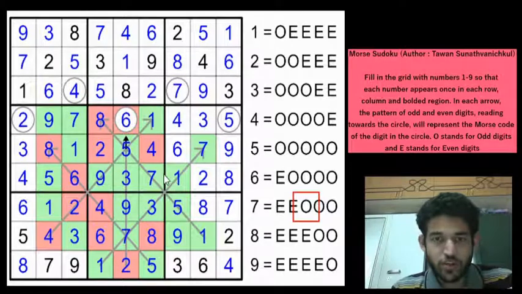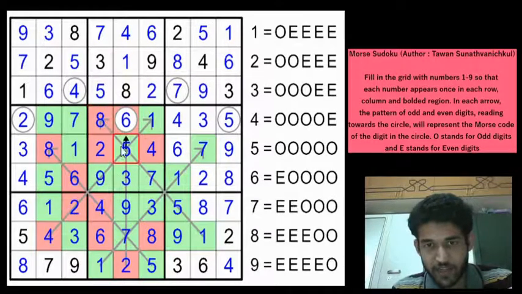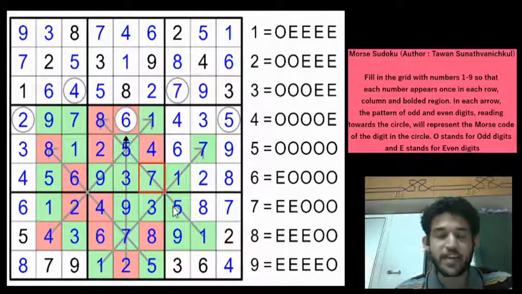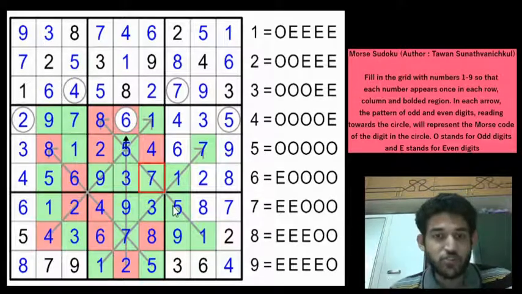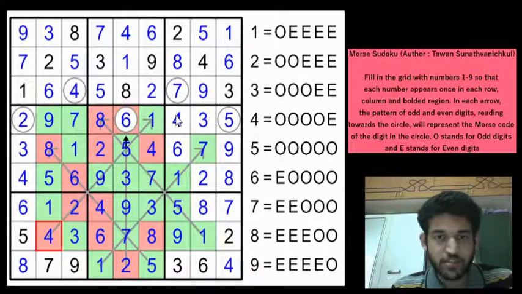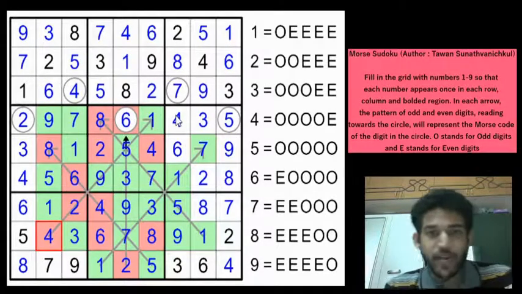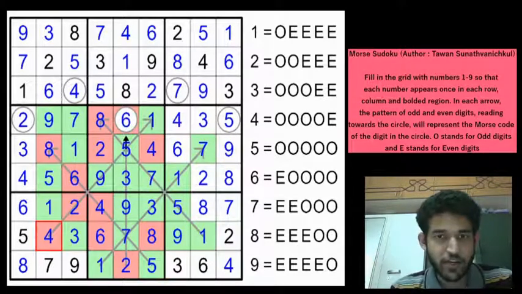So in this Sudoku, the main thing you have to see is that you have to make sure that your reading direction is correct, because sometimes while solving we often make the mistake of reading the other way. For example, we start to read the digits from the arrow pointer and that can mess up the solve. Even I have done the same thing in the past. So it is important to read starting from the arrow stem, which is the bottom of the arrow, and you have to read along the arrow direction, right? And the main pieces of logic, if you see, were extracting common information as we covered during the video.